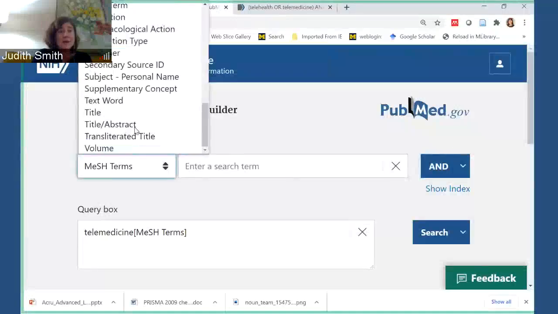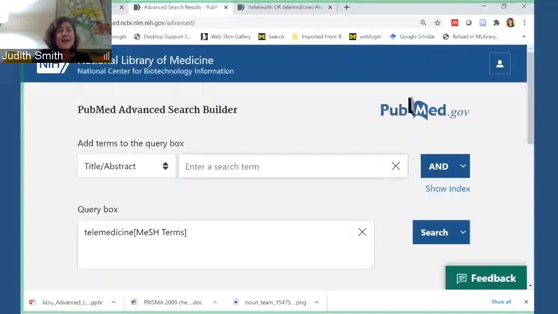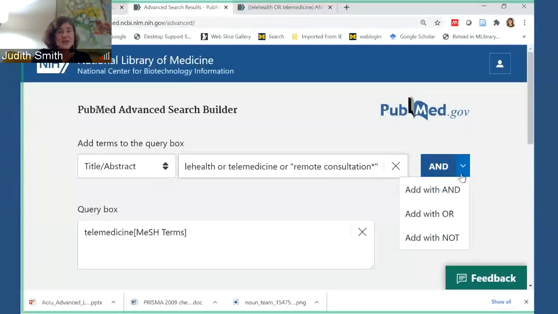So I'm going to go back to my advanced search and say, for example, if you are doing a formal systematic review or close to it and you're looking for as much as possible, then you would really want to add every single possible synonym for both of those concept blocks. If you're doing a narrative review and you don't need to be as extensive but want to get an understanding of what's out there, you don't have to put in as many synonyms. The reason why we recommend breaking down the search into different concept blocks is because it's easier to save each concept block separately and you can run them later.